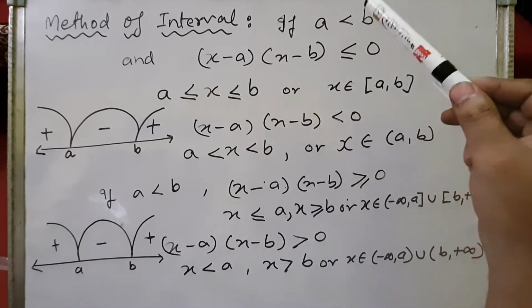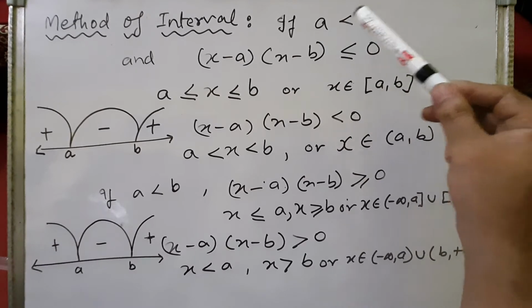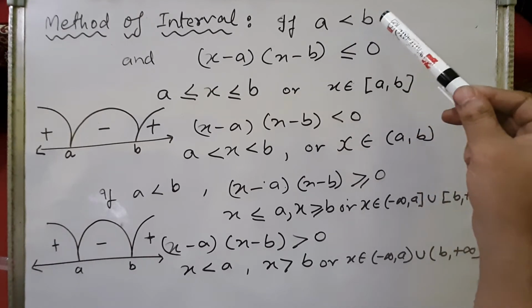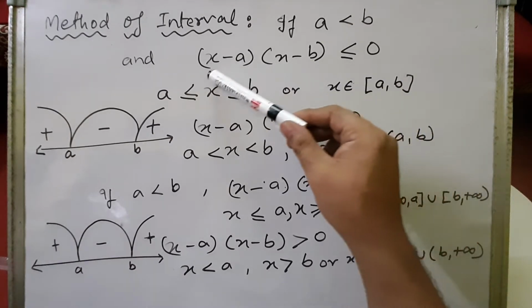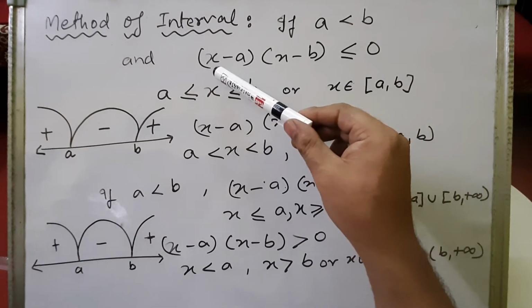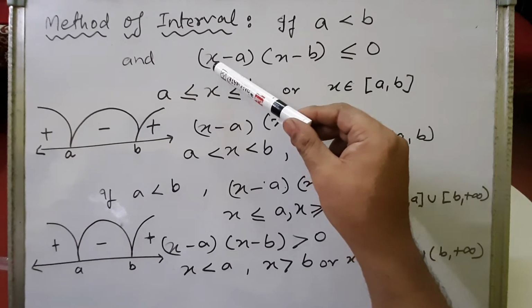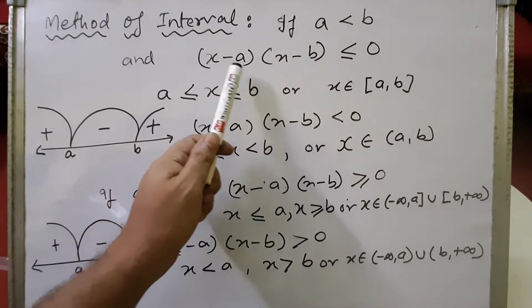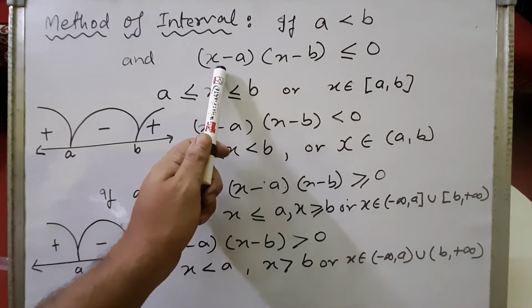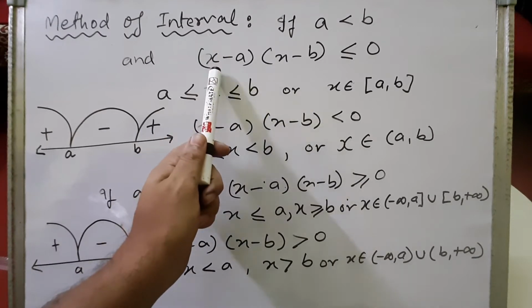Now children, pay attention. The value of a is less than b. We need to understand that a is less than b. So suppose we need to obtain this bracket as a negative value. Then the value of x must be less than a. To make this bracket negative, x must be less than a. A smaller value minus a bigger value has a negative sign, so we'll get a negative value. Are you getting my point? So this will become negative.